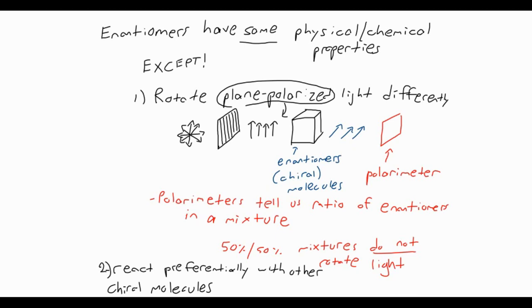Because a lot of biochemistry is chiral, so a lot of the molecules such as amino acids and proteins that we have in our bodies are indeed chiral molecules, the chirality of those enzymes will allow those reactions to occur much more quickly. So those enzymes will react preferentially with one enantiomer over another, which has, like I said, very important ramifications for